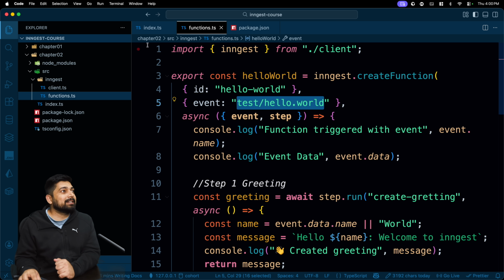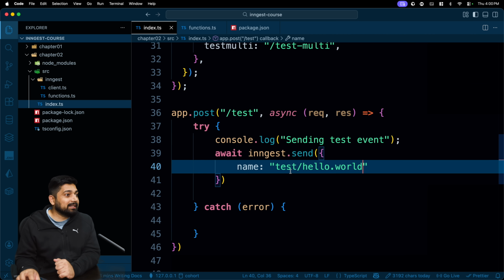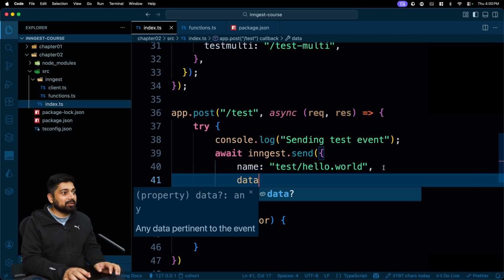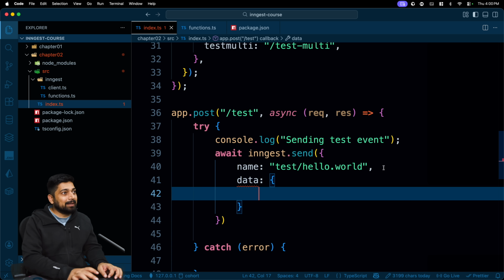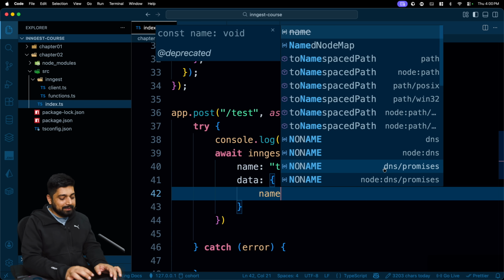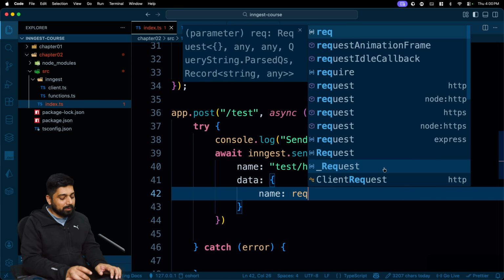Test/hello.world. That's the event I'm calling up. Yep, that's exactly the event. That's the name of the event. Not only that, I can also pass on some data here. What data am I sending in here? I'll send the name as